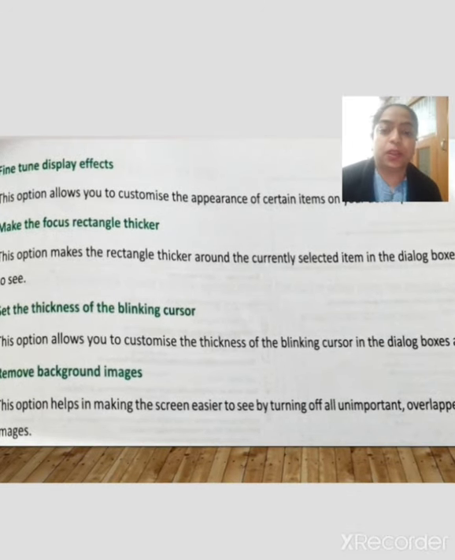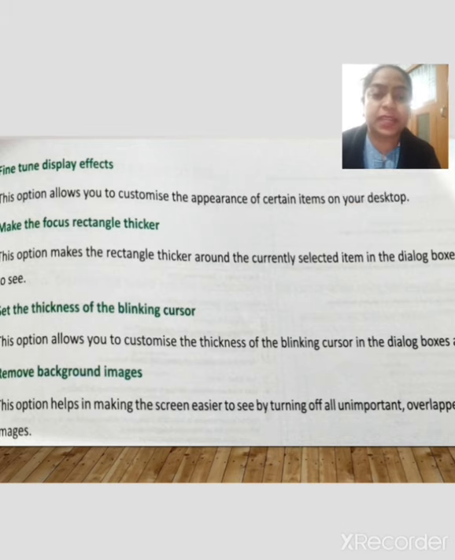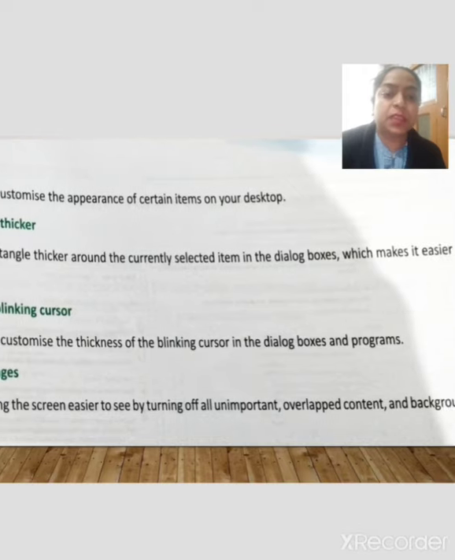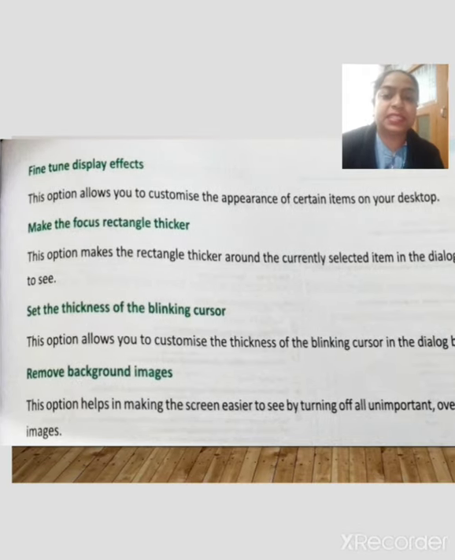This option allows you to customize the appearance of certain items on your desktop. Next one is make the focus rectangle thicker. This option makes the rectangle thicker around the currently selected item in dialog boxes, which makes it easier to see. It means you focus on or select the particular thing which you want to see.